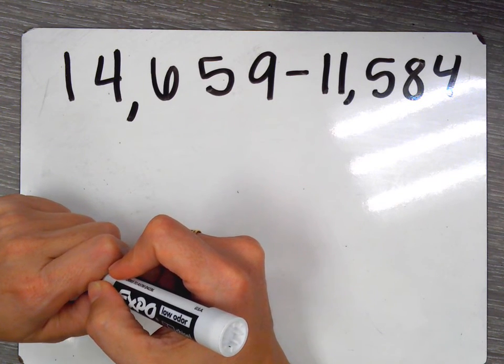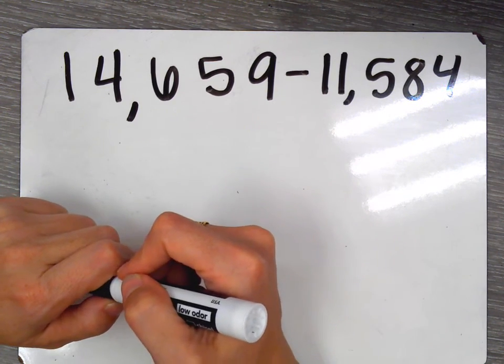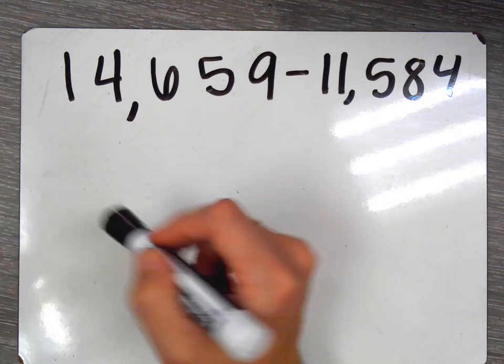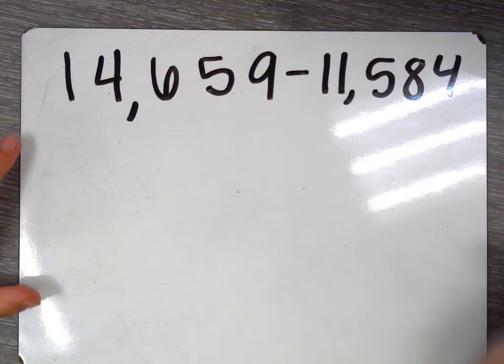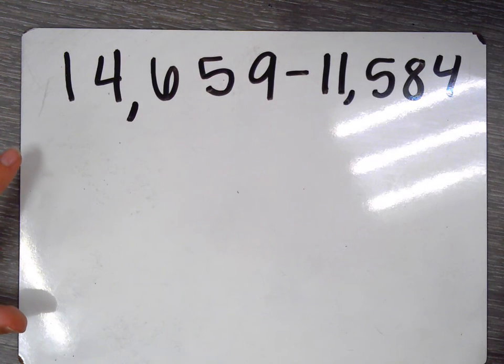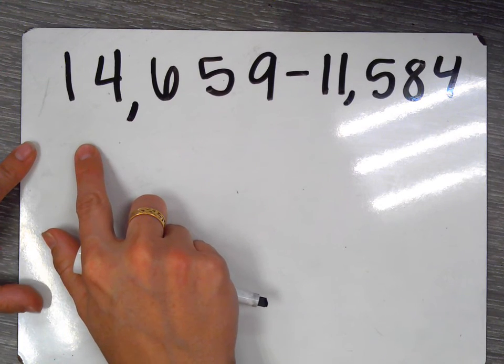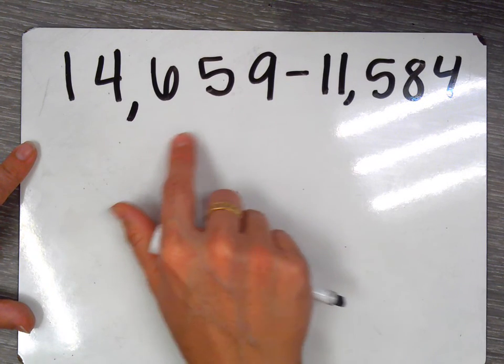I thought I would give you a little bit of review for subtracting with large numbers, especially when it comes to borrowing. So excuse the glare a little bit, but this problem is actually from tonight's independent work. It should be number 2 on page 32 in lesson 1.7 if you're following along. But here we have the problem 14,659 minus